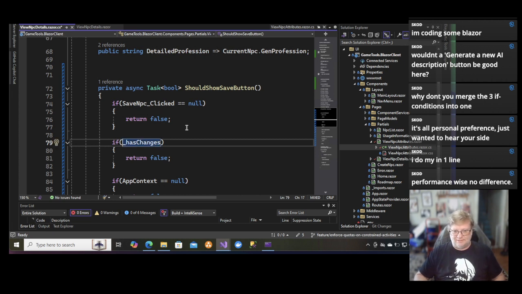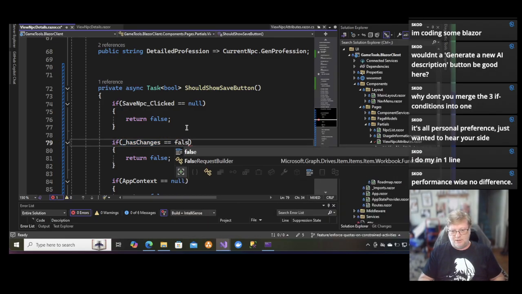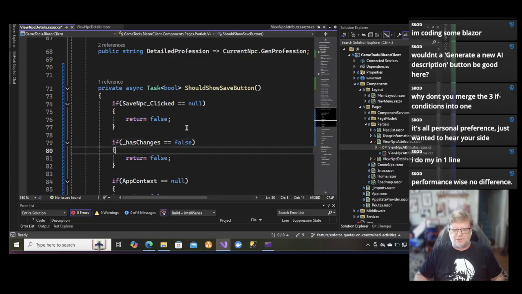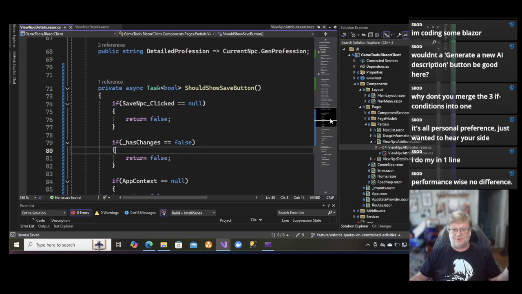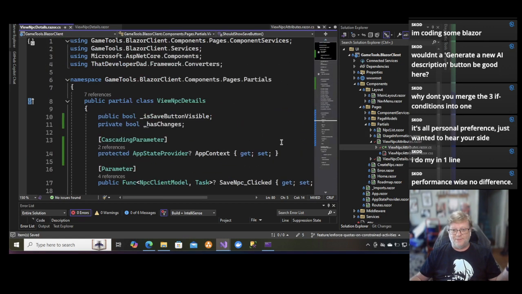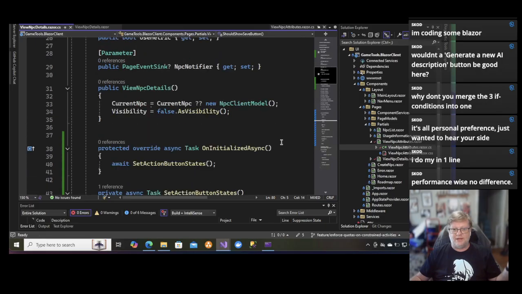but as somebody who is frequently in a hurry and doesn't want to have to really squint at each individual line of code to get an understanding, I really like the explicit false test. Now, has changes is always going to be false, even when I load in from a brand new or a newly generated AI description. So I am going to need